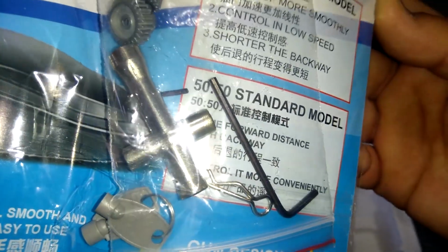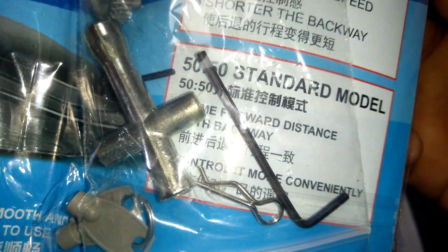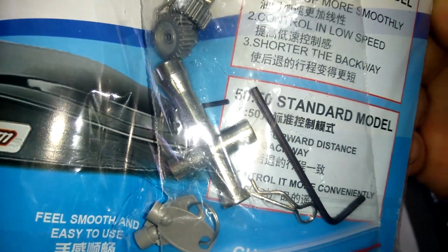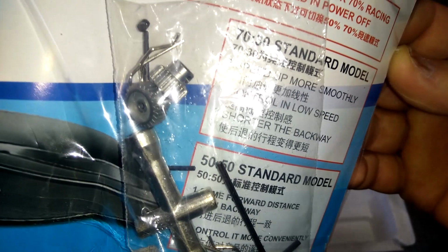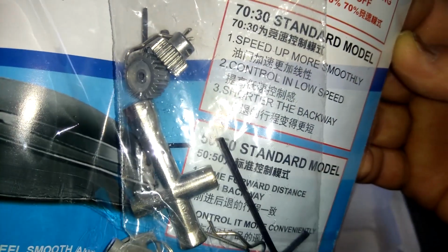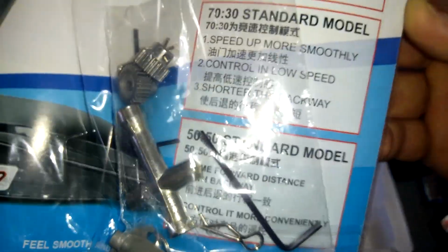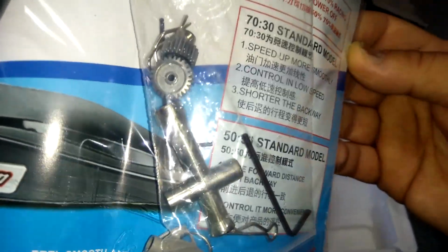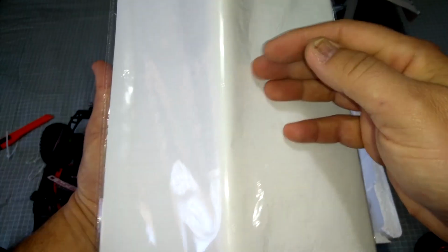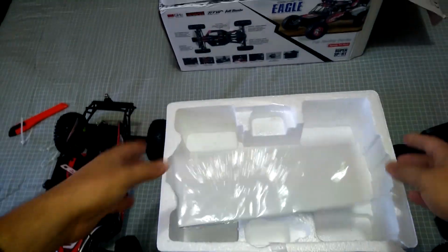You got a couple of Allen wrenches, 2 different sizes, some extra body clips, the T-bar wrench for the wheels, and we've also got, just there, 2 different pinion gears. So that's rather awesome. They're probably different ratios, so you could probably even make this thing go faster. So there you go, guys. That's the unboxing of the